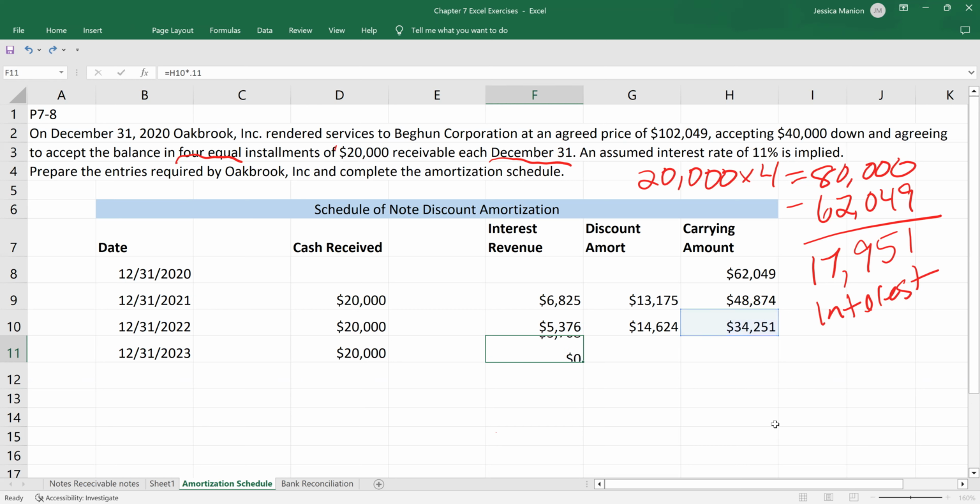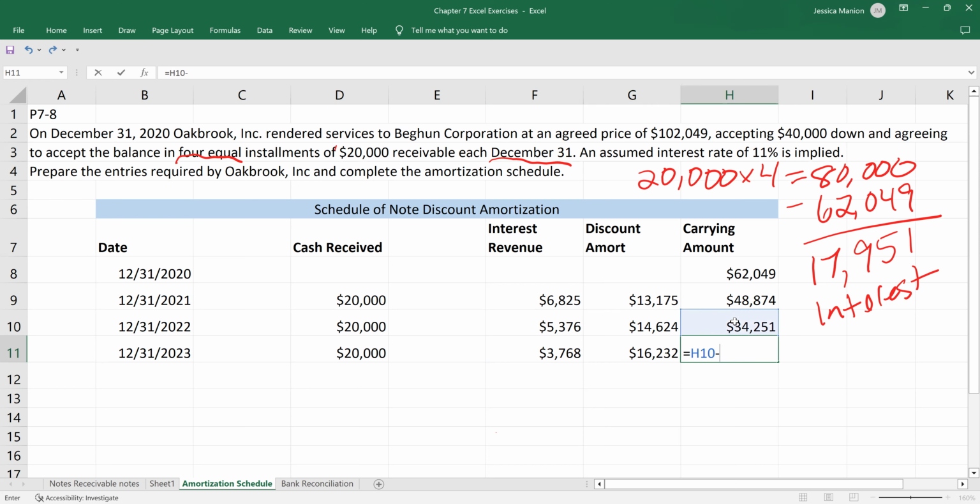Discount amortized is the difference between their $20,000 payment and the amount of interest revenue. So now we're amortizing 16,232. If we take our 34,251 minus 16,232, that gets us down to